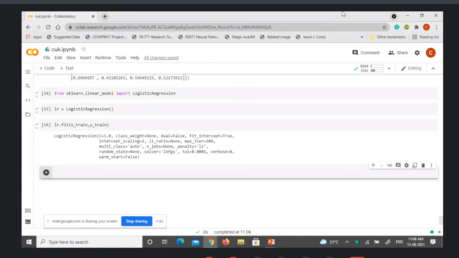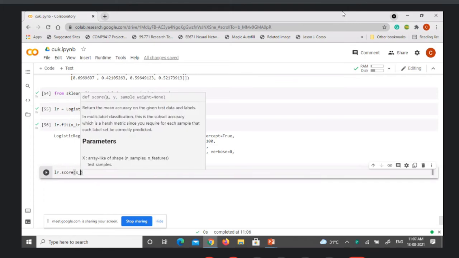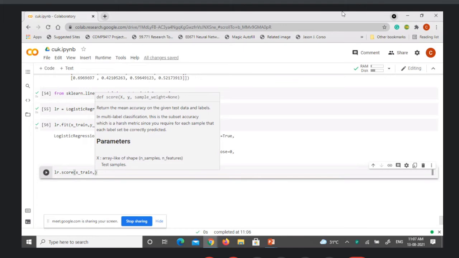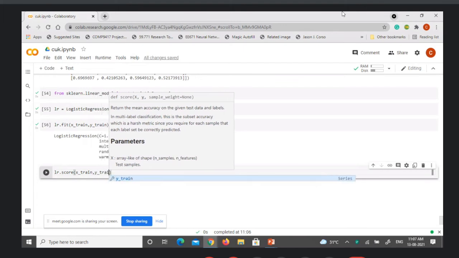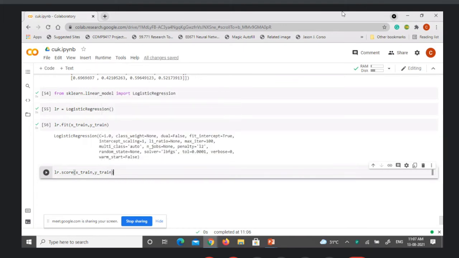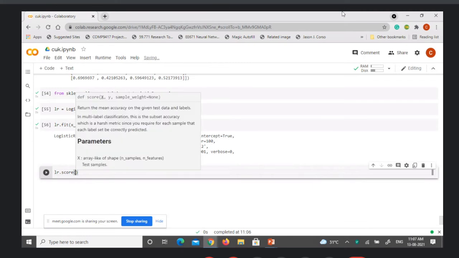If you want to know the score, you can check the score on the training samples as well. Score basically returns the mean accuracy on the given test data and labels.